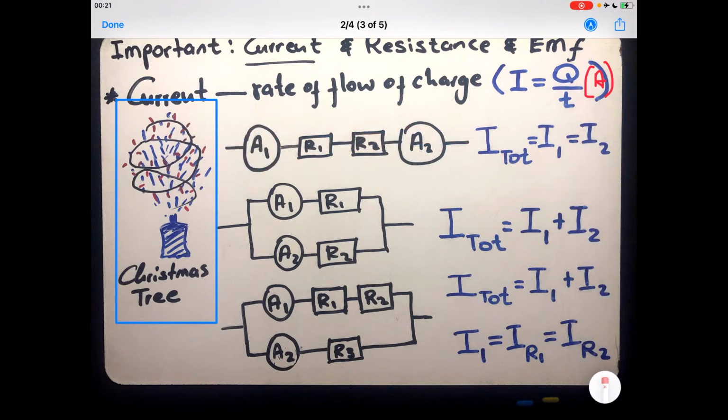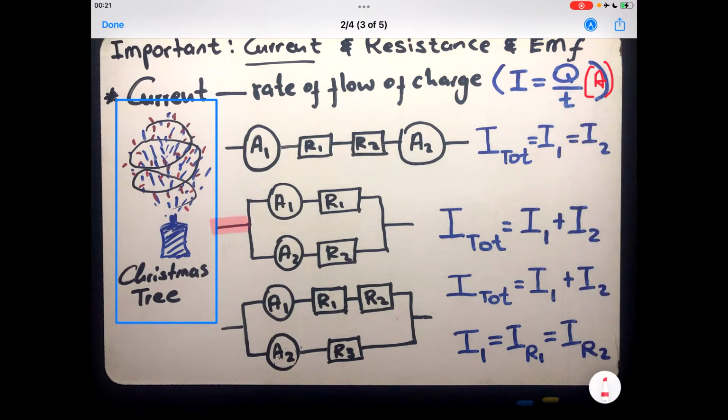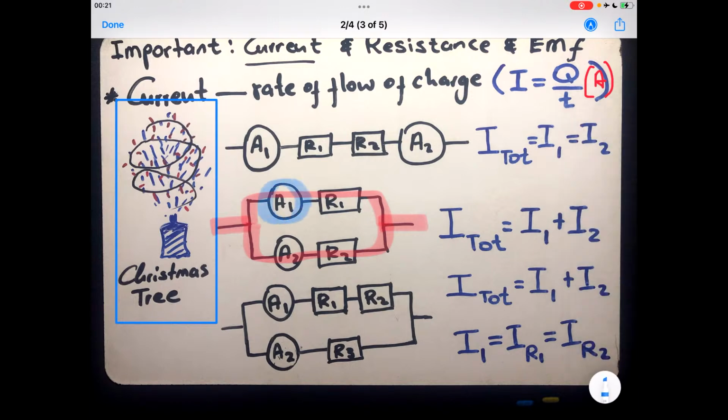So now let's see, what are we having in this case? You now have water flowing through that pipe. Can you see? When it gets there, it finds a T-junction, meaning some of the water will flow through that side, and some of the water will flow through the other side, and then it joins and continues as a combined amount of water. Meaning, good people, the water passing through here could be the same or it could be different when you compare it with the water passing through there. It all depends on the size of the pipe on this side